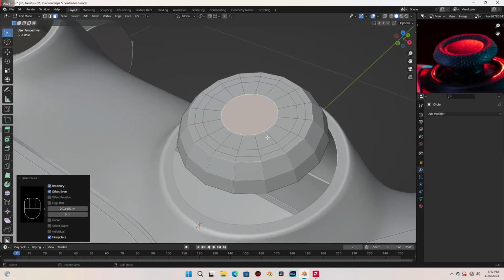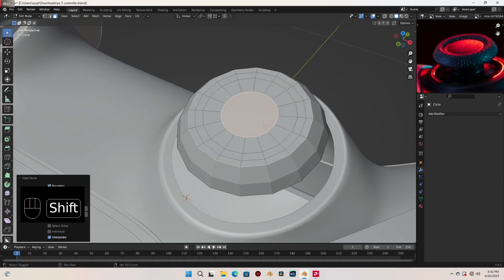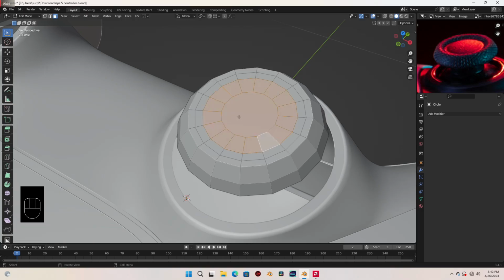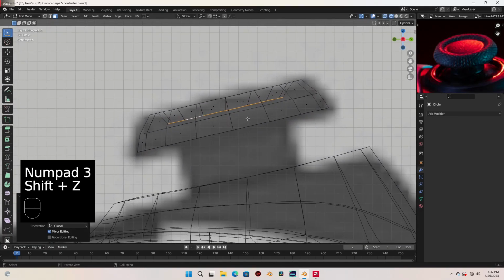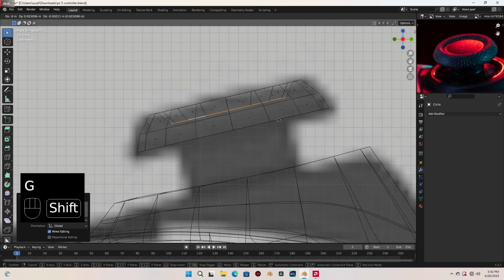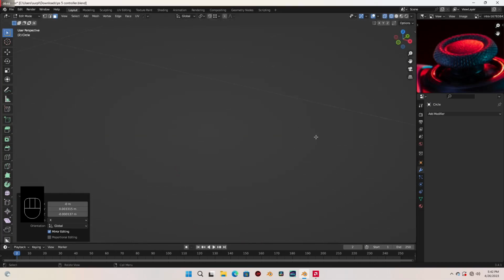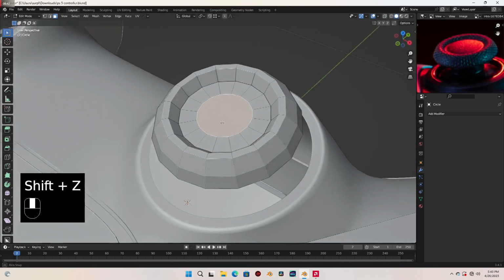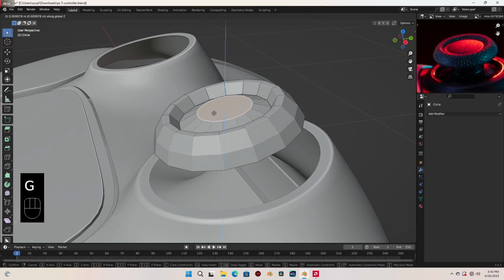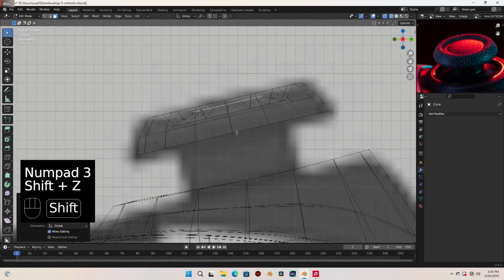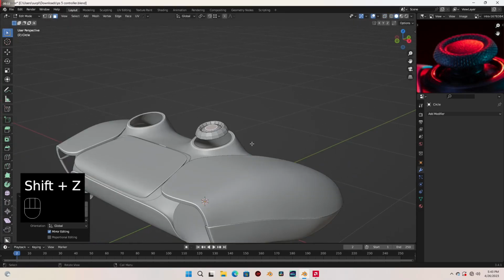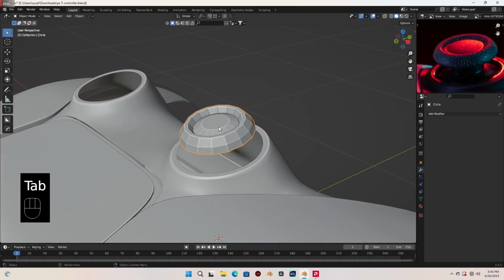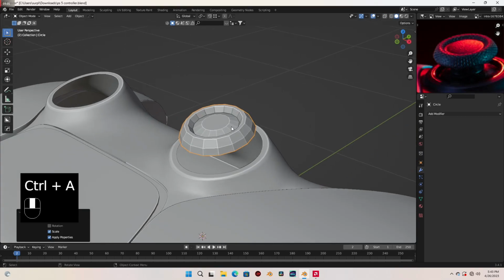Okay, so with this face selected, I'm going to hold Shift and Alt, and let's select these also. And let's press G Z to move them down. Go to side view, and let's align them properly. Okay, and let's select these again, and let's move it up. Let's go to object mode, and let's press Ctrl A and choose scale, and let's right click and shade smooth